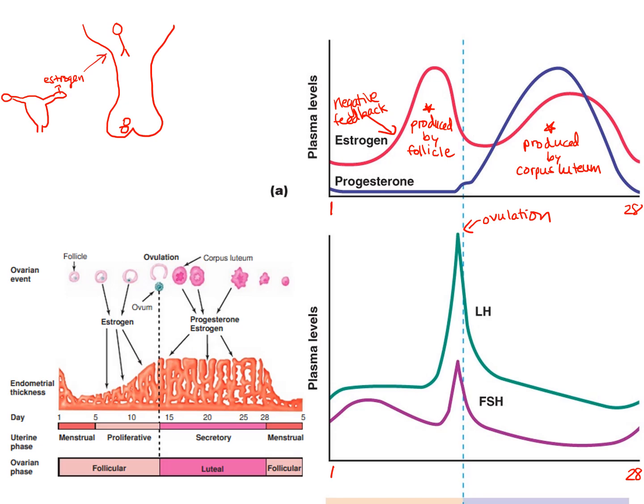And it's going to have a negative feedback effect on the hypothalamus and a negative feedback effect on that anterior pituitary. And remember, we've got GnRH being released by the hypothalamus, and then we've got FSH and LH being released by the anterior pituitary. So if we take a look on our bottom graph, notice that the FSH levels start